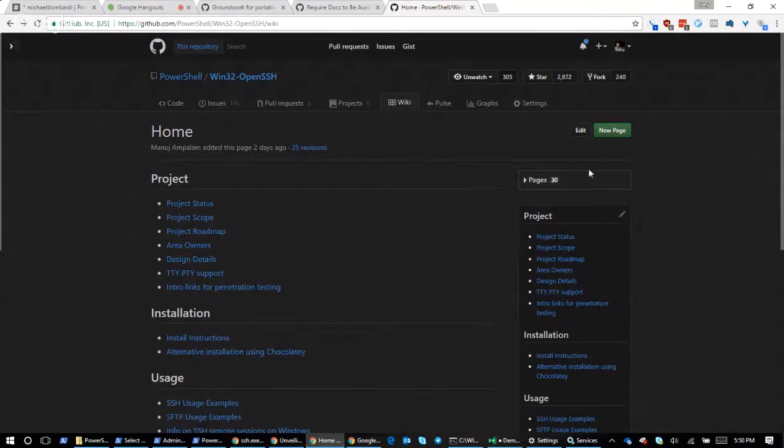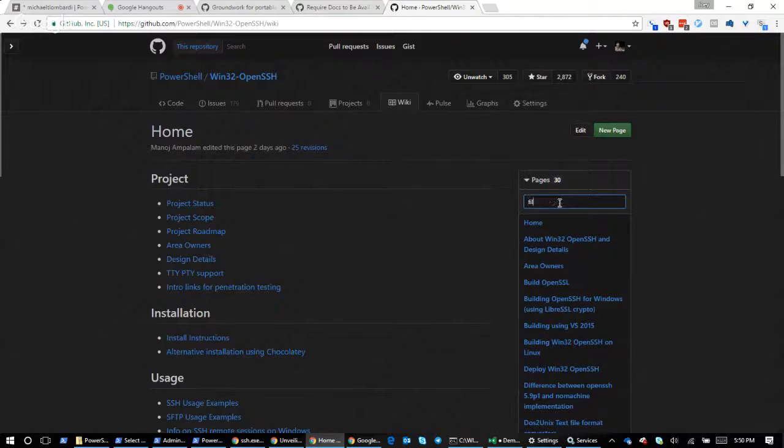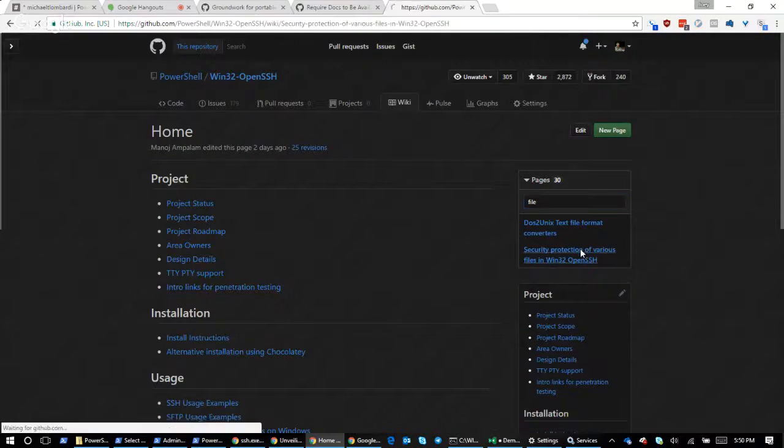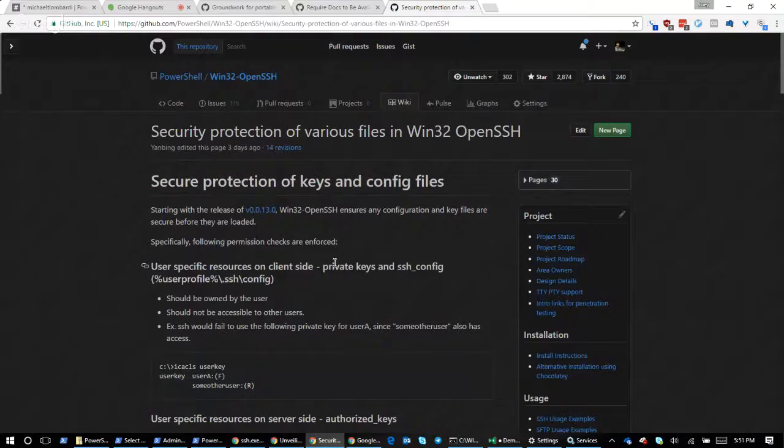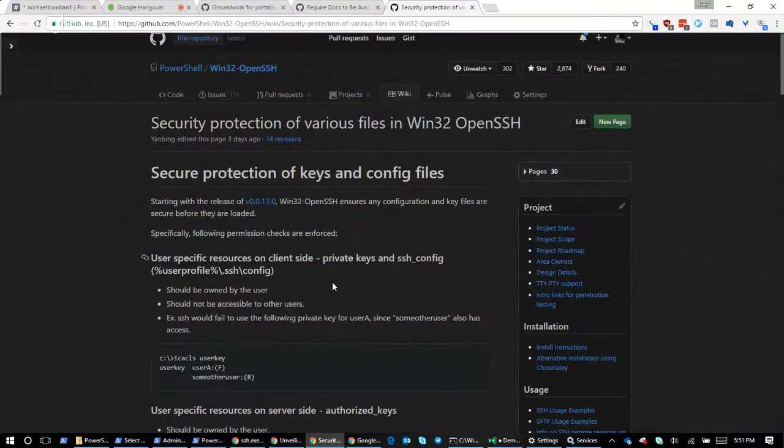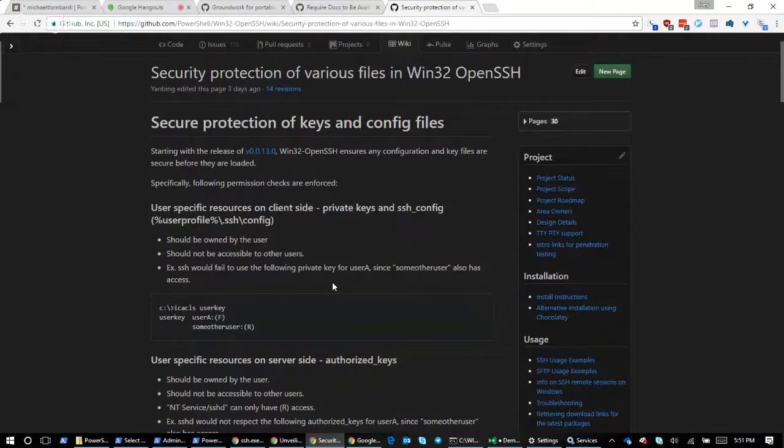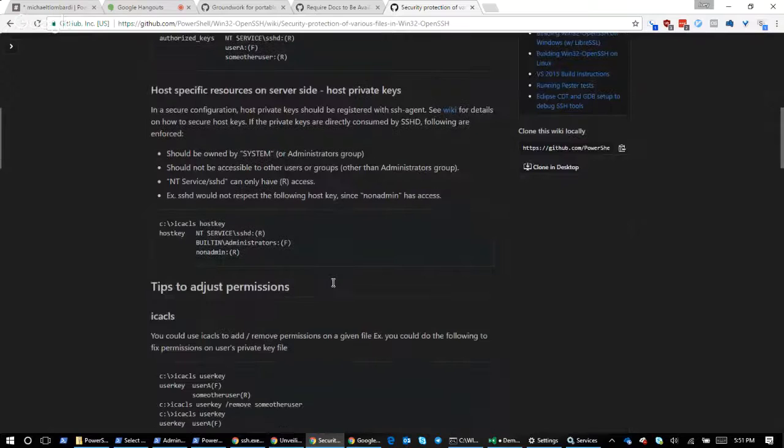That's okay. If I look here in the pages and I look for file security protection, so I'm going to make this again, but basically this design wasn't fully baked, and so we put out a release version 0013, and then we pulled it back because we didn't want people to do a bunch of work to reACL their stuff and then tell them to reACL it again, because that's how we wanted to do it.